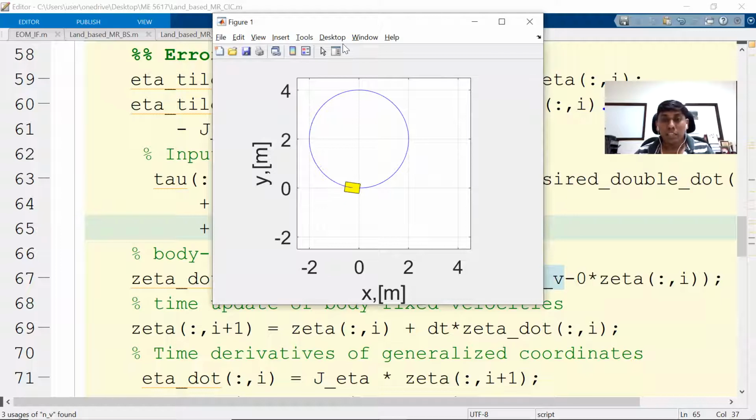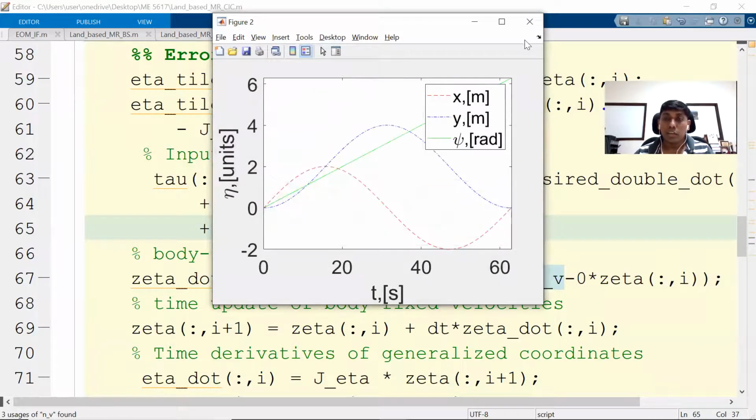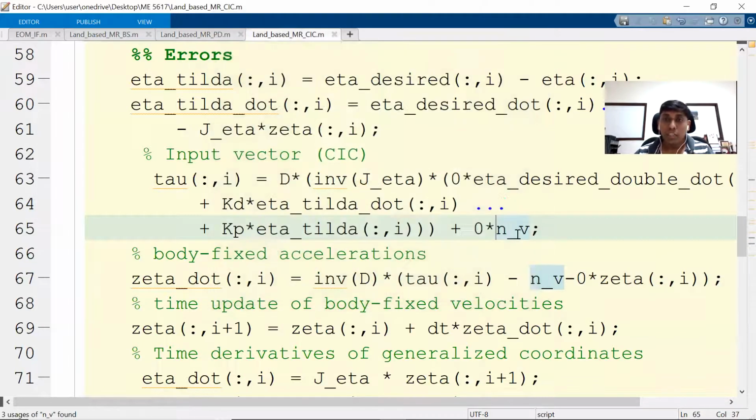Maybe there would be a steady state error or some error would be prolonged. That error can be overcome. You can see, right? The error is probably a little higher than the previous attempt. Still, it is reasonable. You see, we did not account for the nonlinear term and we did not account for the acceleration term. Still, it is going good.